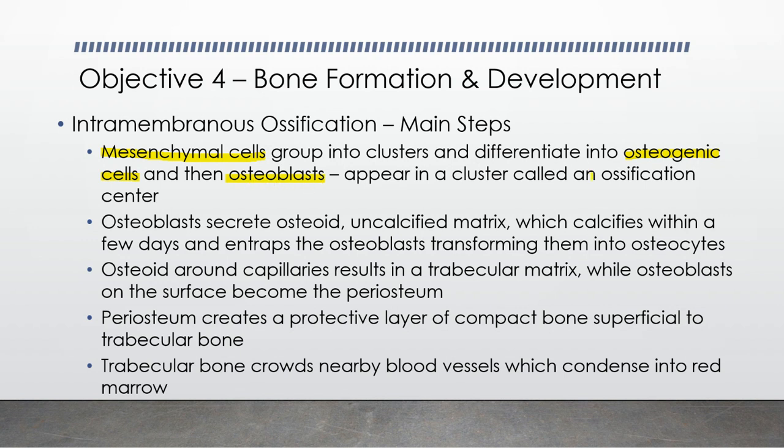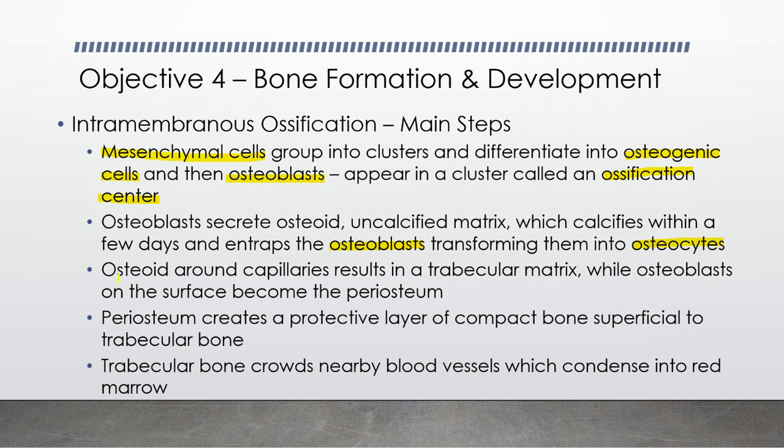And they're going to form what's called an ossification center. And then the osteoblasts are going to be secreting osteoid, which is the matrix. At this point, it's uncalcified when it's first secreted, but it's going to become calcified. And once it does, it's going to trap those osteoblasts, and they're going to become those mature bone cells called